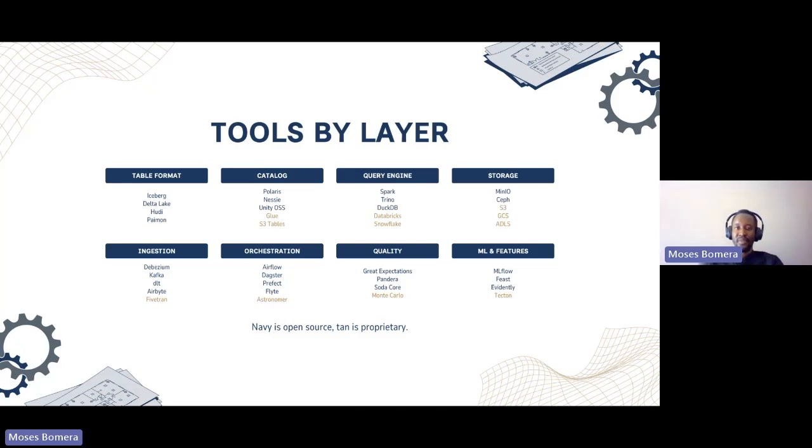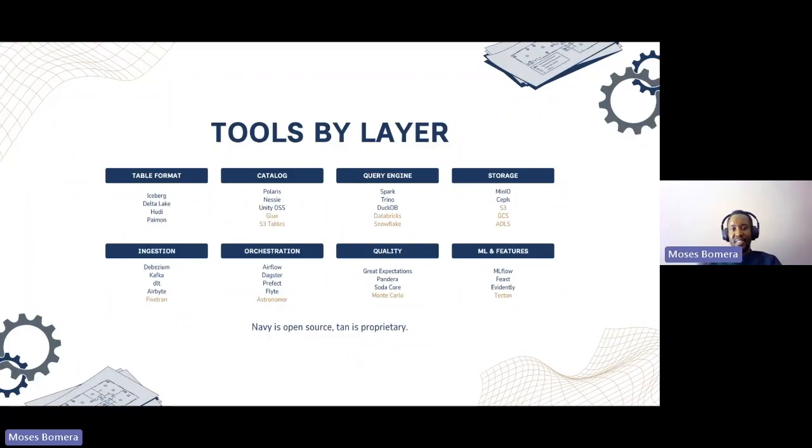So you'll have the table format, which is what manages the actual data that is stored, how the schema changes, where the different things are stored, etc. The catalog is the pointer to the metadata of that table format. Then, like I mentioned, the table formats are not things you can use to query. You'll need a query engine, something to actually read the catalog and find the data. So the popular tools in that are like Spark, there's DuckDB, etc.